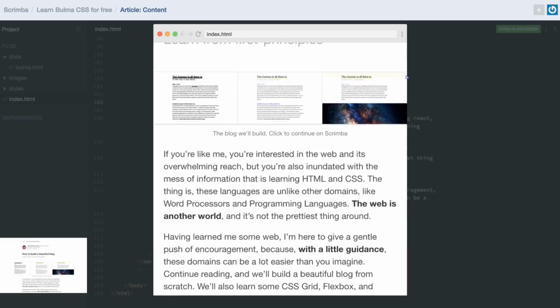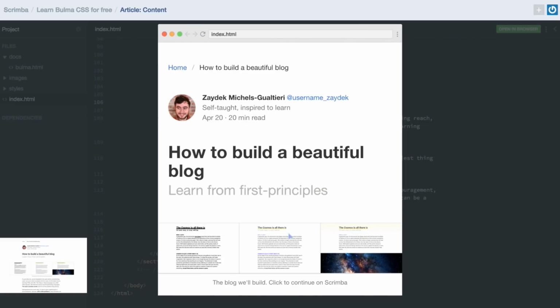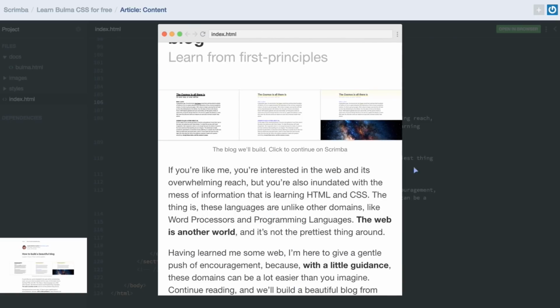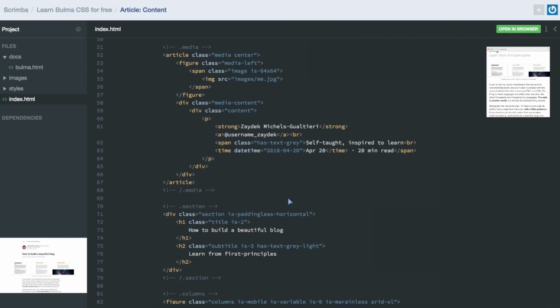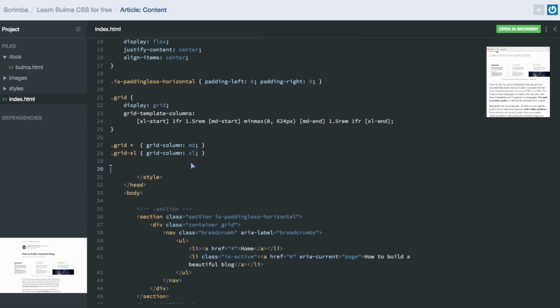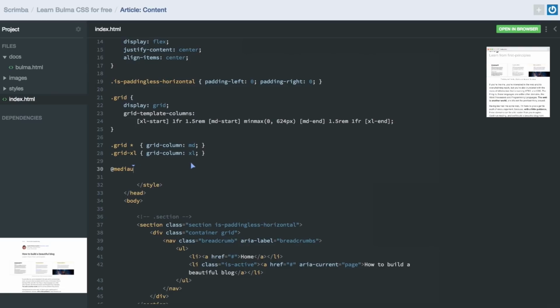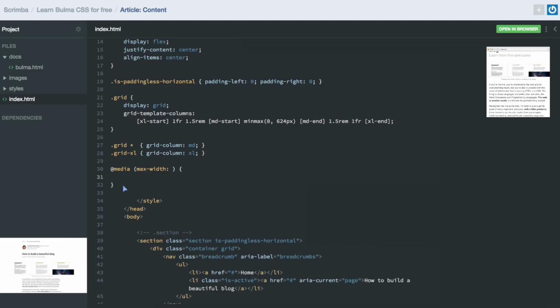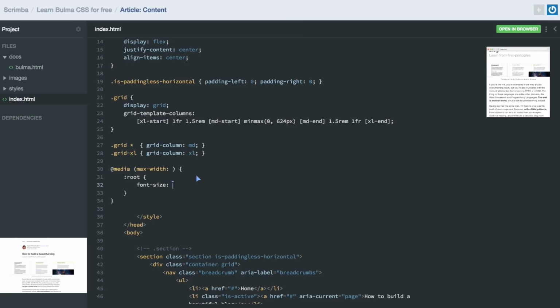In a responsive sense, it's not optimized. I mean, it is mobile, but the text is a bit big. So I'll show you a fascinatingly simple way that we can fix that. Make a media query, which means I want you to override some code in this circumstance. And the circumstance, if we're rendering our website at some max width, then consider the following rules. So I'll say I want my root element to update its font size from the default of 16 pixels to, let's say,